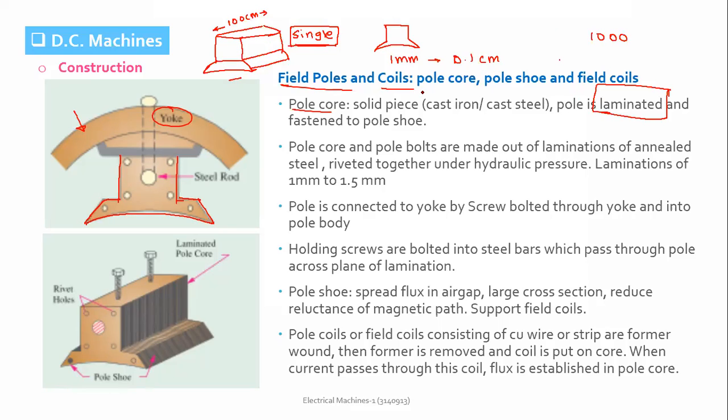So this is just an example, to understand something which is very important for us. Instead of this 100 centimeter, I take 1,000 such 1 mm pieces. The thickness of this piece is 100 centimeter here, and the thickness of this piece is only 1 mm. Then I join these 1,000 pieces together with insulation in between them. So between piece 1 and 2, I put some insulation.